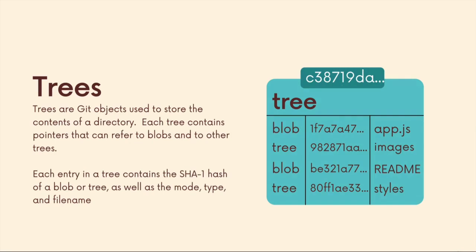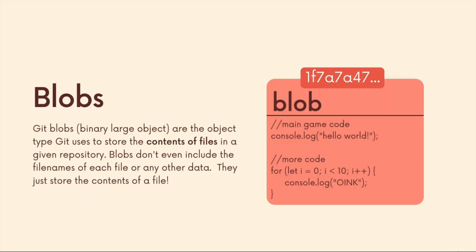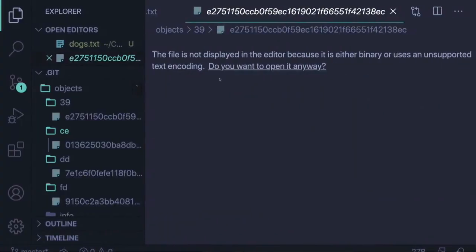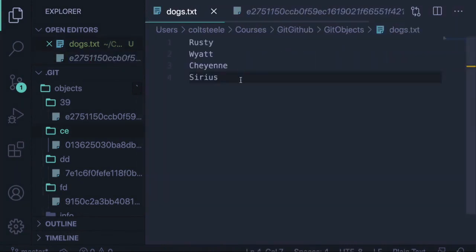Okay, so in the previous video, we talked about blobs, and it's probably confusing at this point. We said blobs store the contents of files, but not even the file name, just the contents of files. Now, that's fine if we want to do things like we have been doing, where we're storing a couple of words or the content of a single file and then asking Git to return it back to us. But in a large project with hundreds of files and nested folders and a crazy structure,